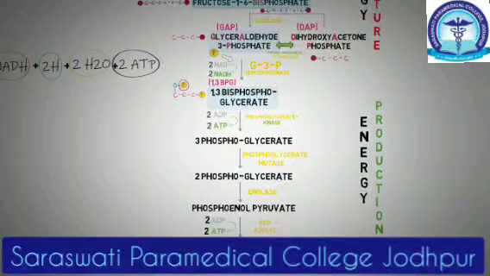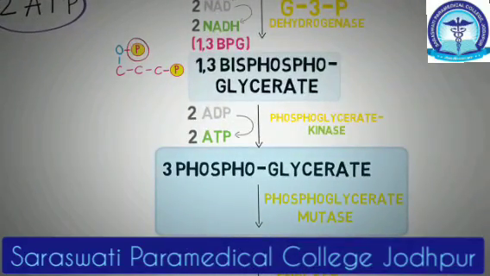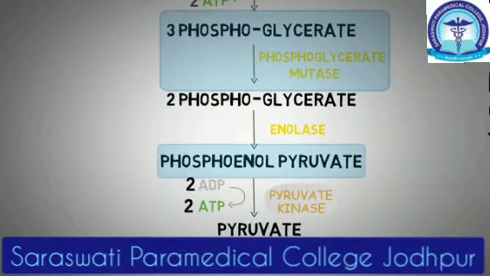In the energy generation phase, how many ATPs are produced actually depends upon whether oxygen is available or not. Let's first suppose oxygen is not available. In this case, there are only two sites of energy generation in this pathway. One site is here when 1,3-bisphosphoglycerate is converted to 3-phosphoglycerate, and one site is here when phosphoenol pyruvate is converted into pyruvate. Both these are examples of substrate level phosphorylation that we discussed earlier.